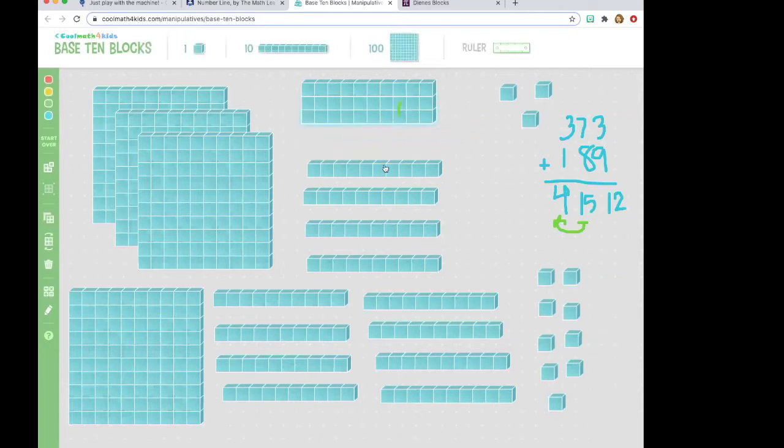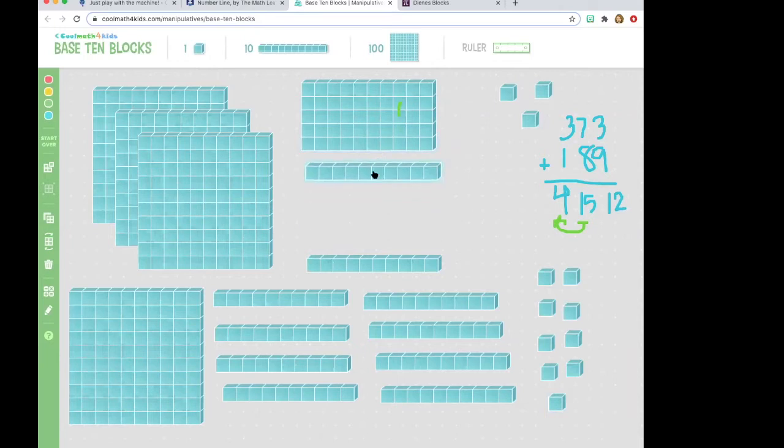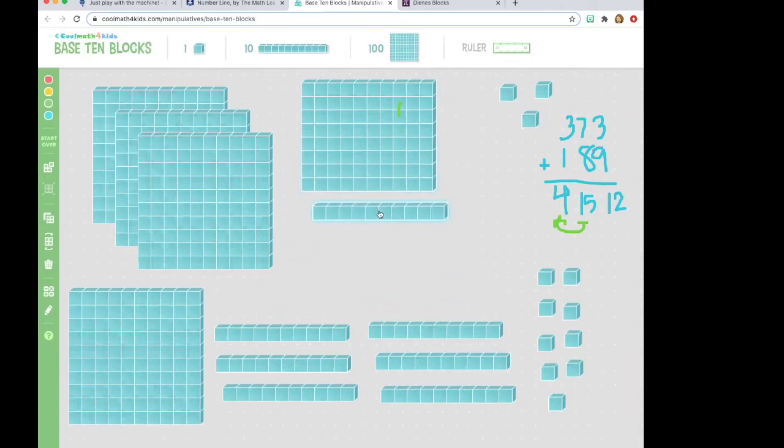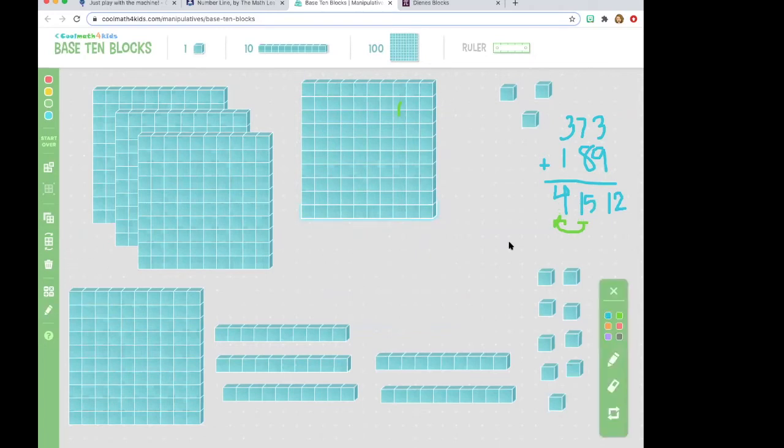1, 2, 3, 4, 5, 6, 7, 8, 9, 10, right? There we go, 10. So we regroup that. And likewise, I'll bring the pen back up here. So this gives us how many flats now? 1, 2, 3, 4, 5 flats, right? So here we have 5, and now we're left with 1, 2, 3, 4, 5 rods, and we still